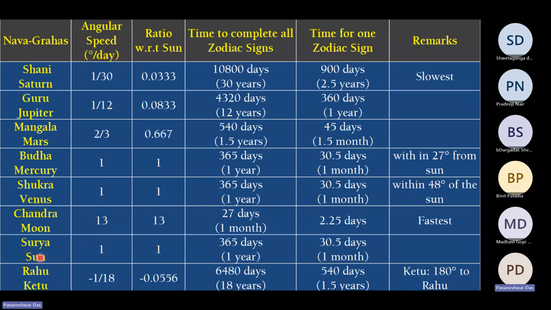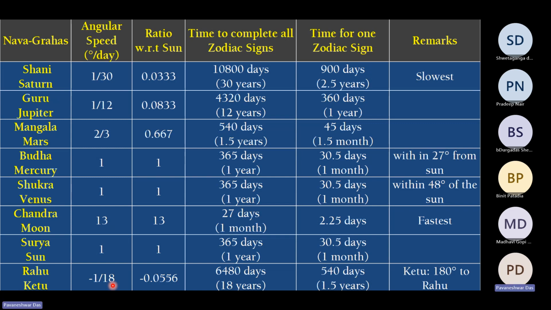And the sun is lagging behind by 1 degree. Mars is lagging behind by 2/3 degree, 0.67 degrees. Jupiter 1/12 degree. Saturn 1/30th degree. And Rahu and Ketu actually go ahead of Kala Chakra. They are much faster than Kala Chakra, and they are ahead by 1/18th degree. Because of this relative motion, when Kala Chakra is moving around, every day these planets are lagging behind. As a result of that, they may